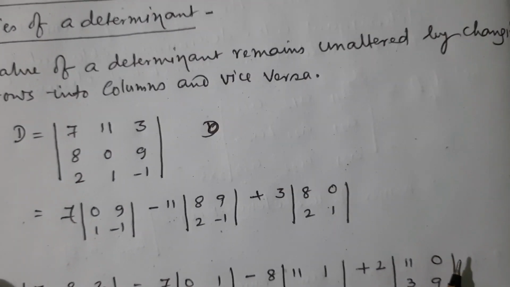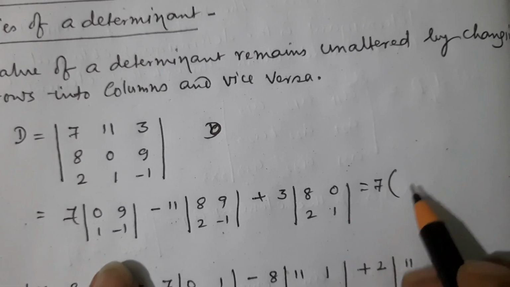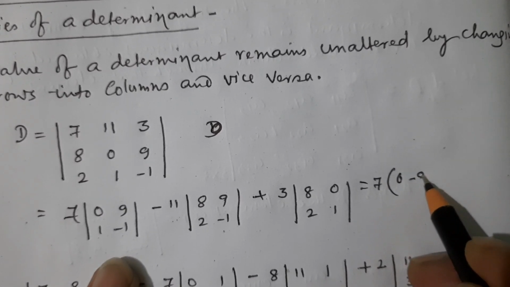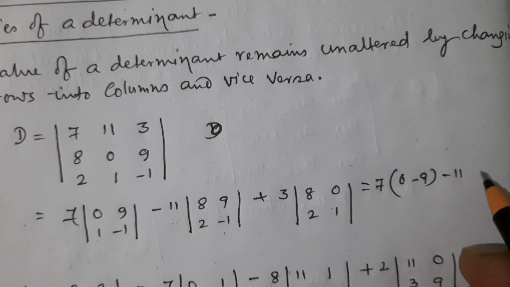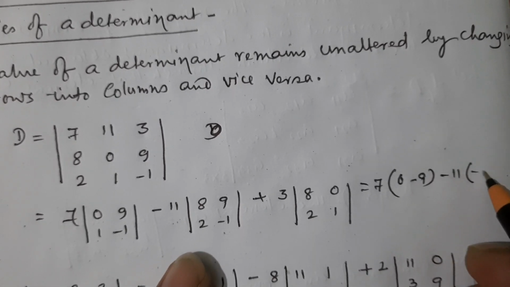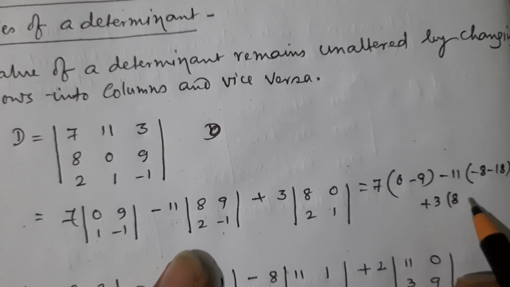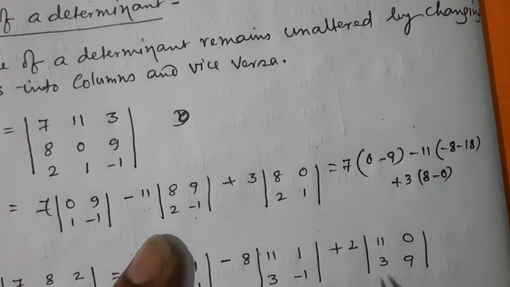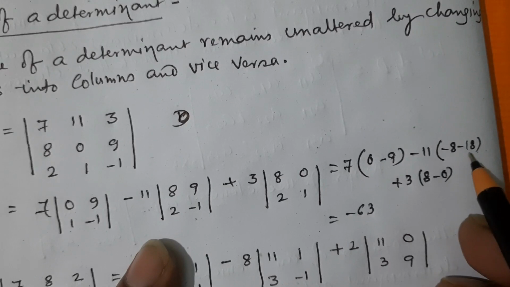And if we simplify, we can write 7 into 0 minus 9, minus 11 into minus 8 minus 18, plus 3 into 8 minus 0, that is equals to minus 63